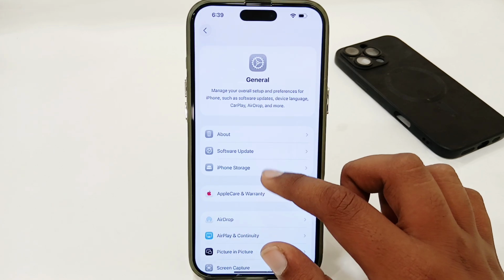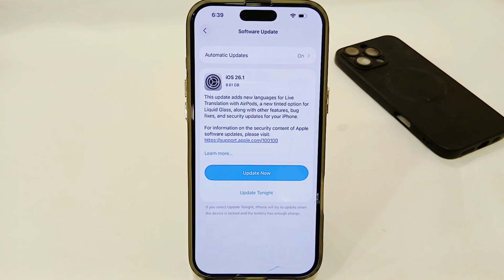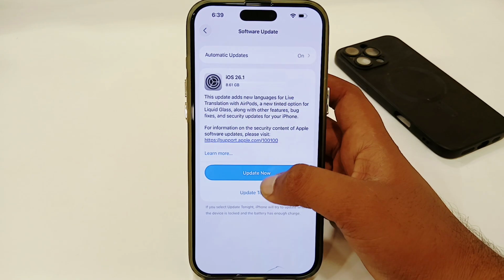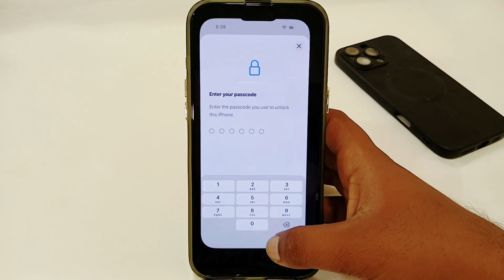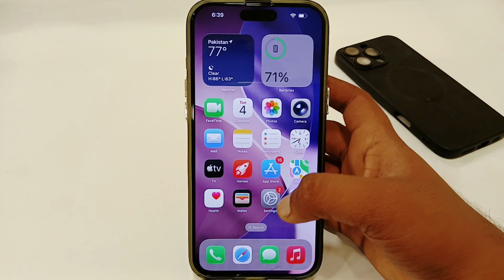Or if this doesn't work for you, you just have to open up your Settings app here, go to General, go to Software Update, and make sure that you don't have any pending software update. If you find any pending software update, try to update your software, because sometimes you might get these types of issues from a pending software update. And after that,